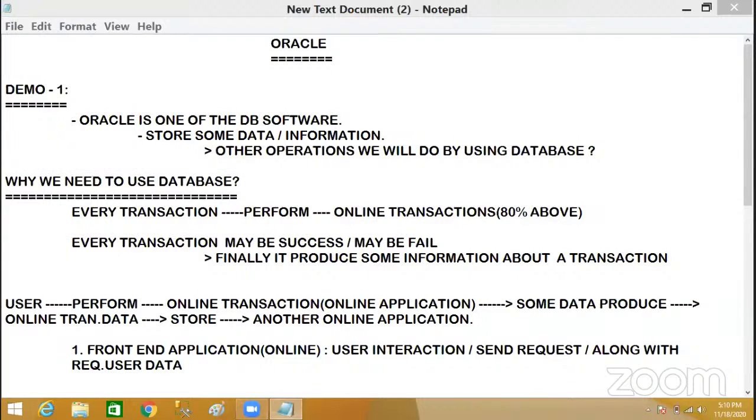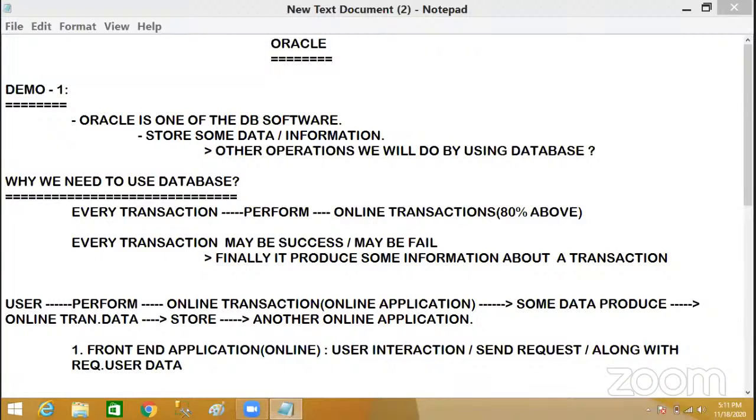Next, one of my friends, Hemant, is asking: sir, what are the differences between Oracle, MySQL and MS SQL? A lot of differences are there, Hemant. Oracle is different, MySQL is different, MS SQL, which is from Microsoft, is also different. Every database has its own features, characteristics, structures and syntaxes.